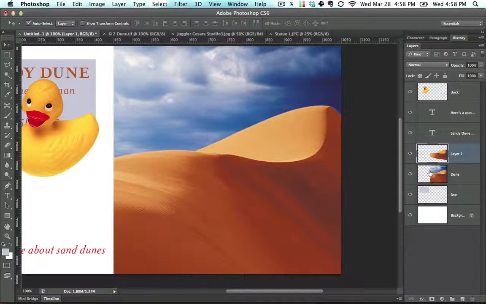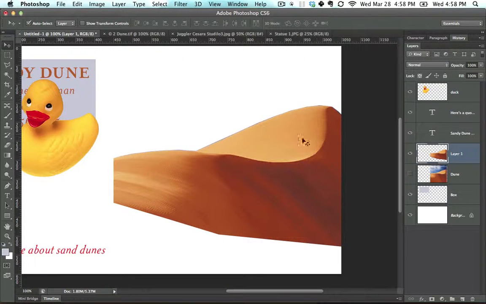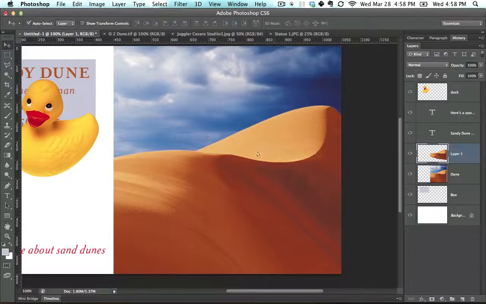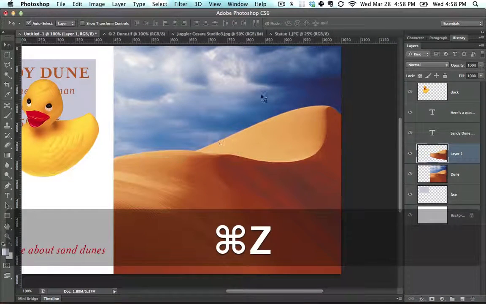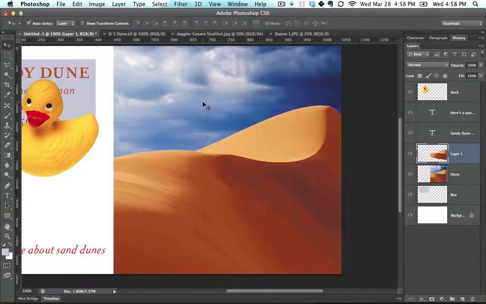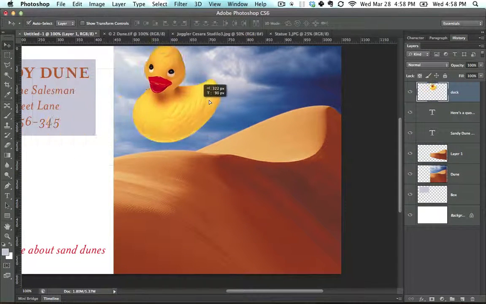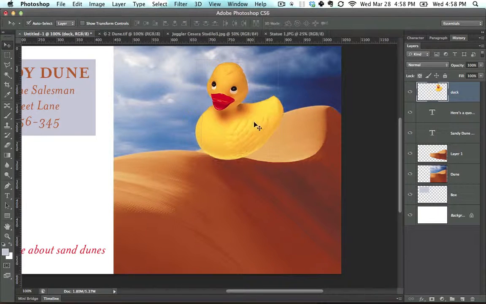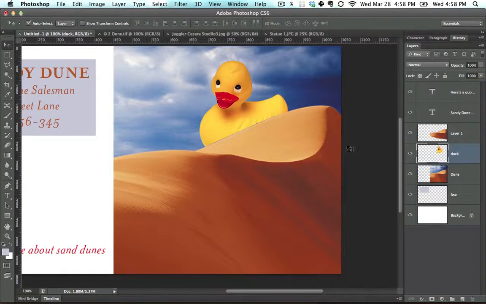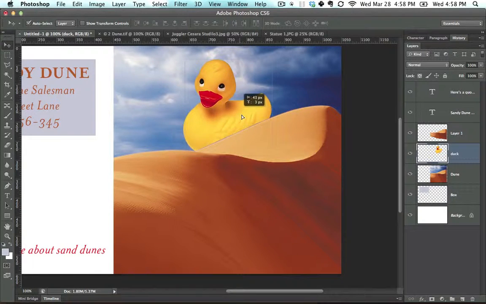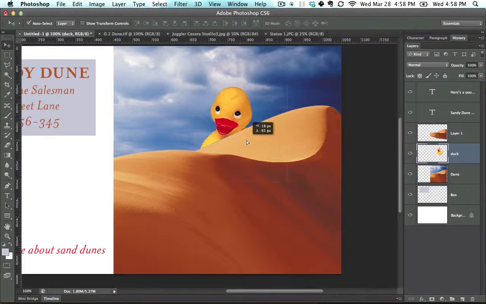Here's what happened. What happened was it pasted the layer, but because it is directly on top of the other layer, you can't see that that's happening. So I can actually move this right here. And there's two layers here, only because it's the same thing and it's directly on top of it. You can't see. So now if I move this duck here, well, nothing's happening. But if I sandwich it between the layer and itself, you can see that it's now peeking out